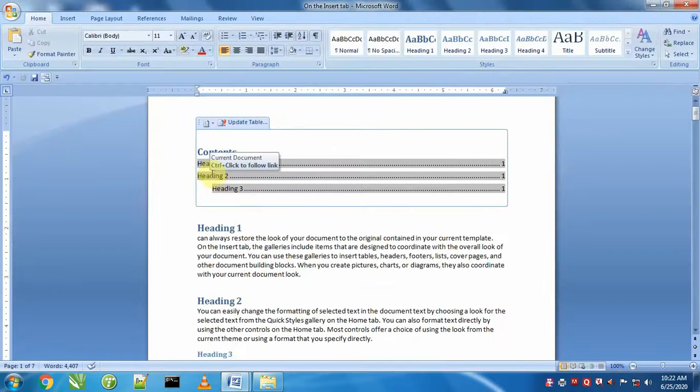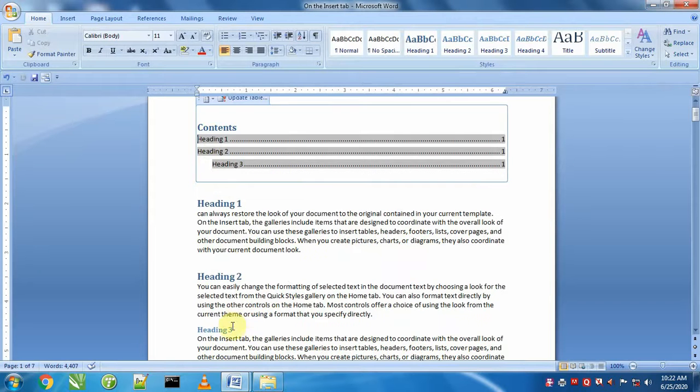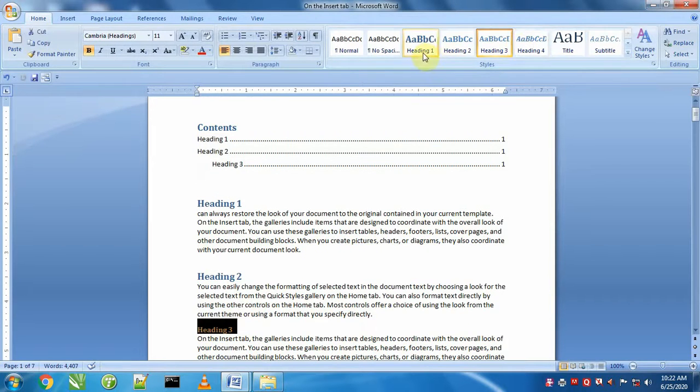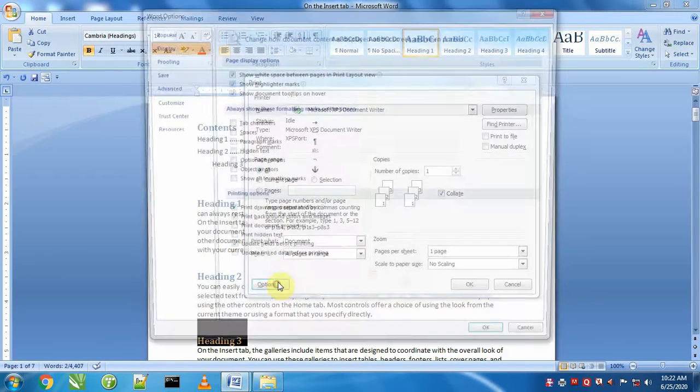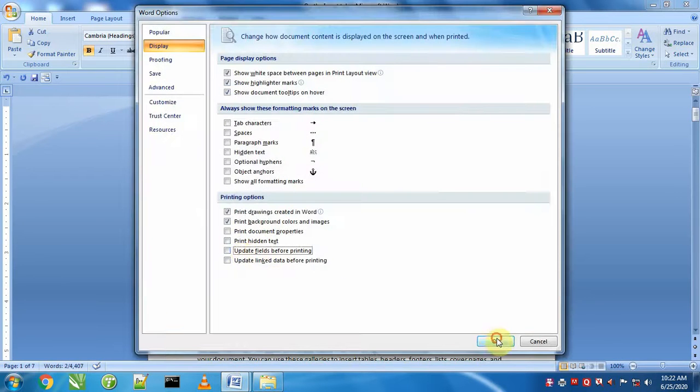So the field is made for this. We can look here, this heading I also set as heading 1. Now the triple headings are equal, so there should be triple headings in sequence, but I will close this option.